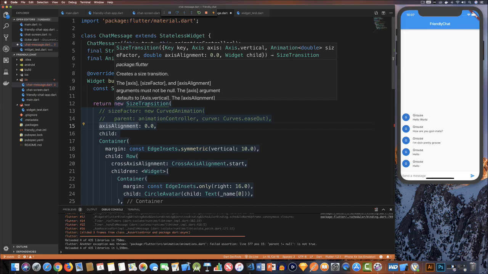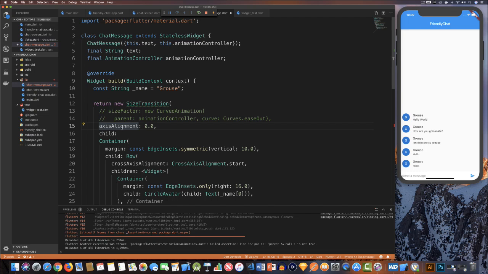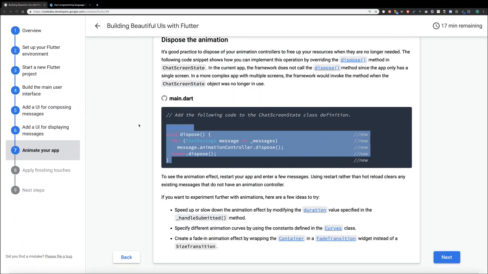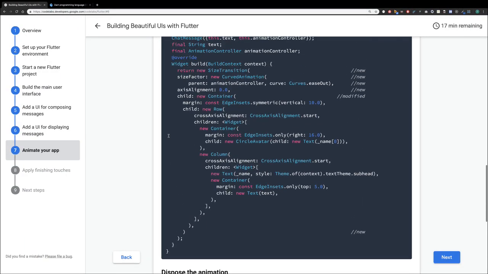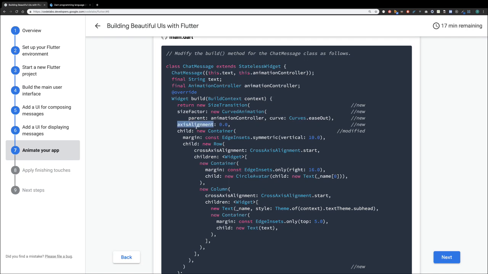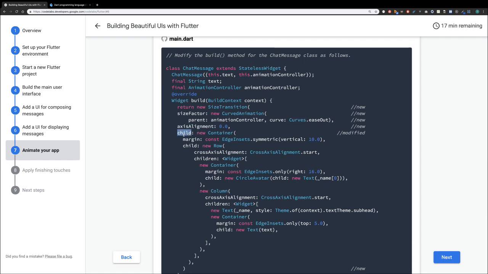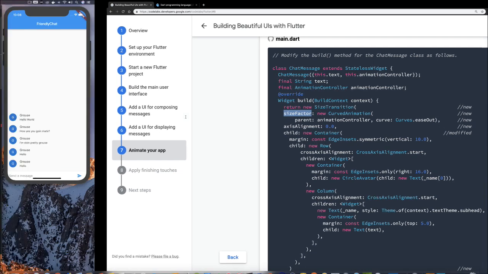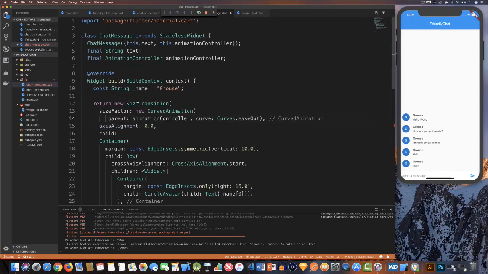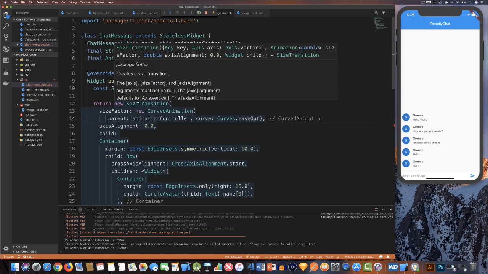So axis, size factor, and axis alignment. I don't have an axis. Maybe that's what it is. I must be missing something from my previous axis alignment, child, size factor. But I don't have an axis. Is this changed? Maybe this code is no longer